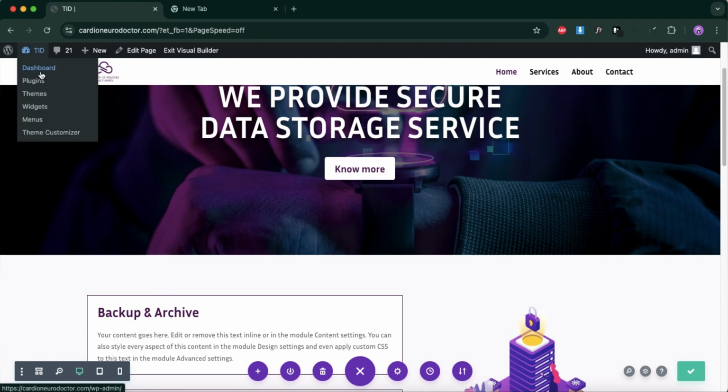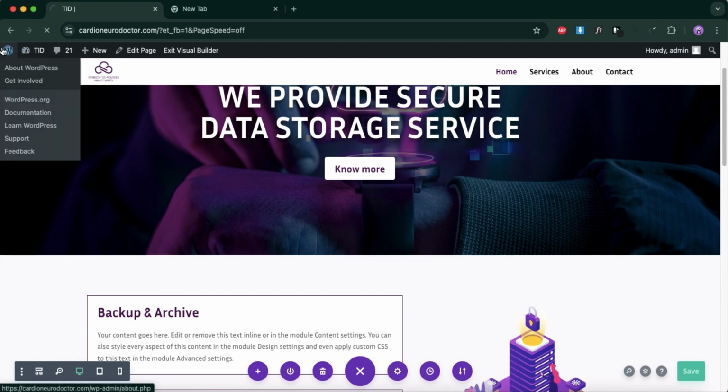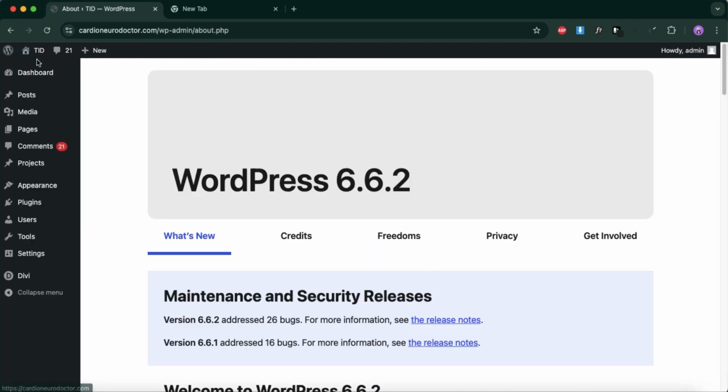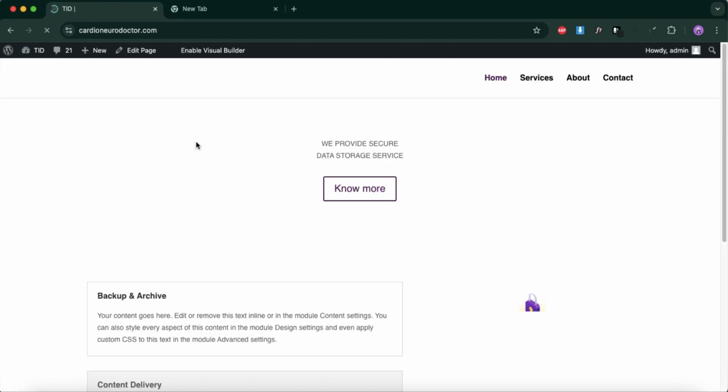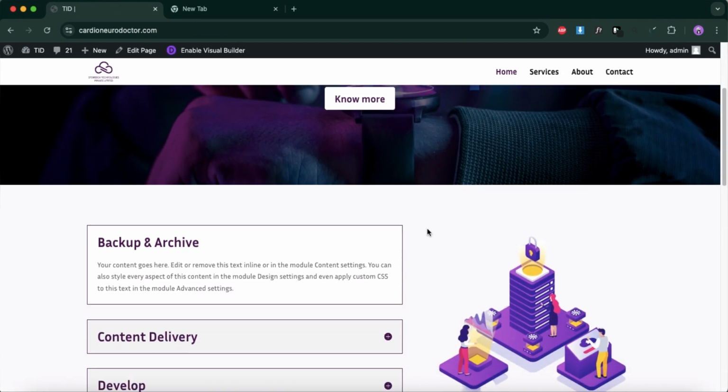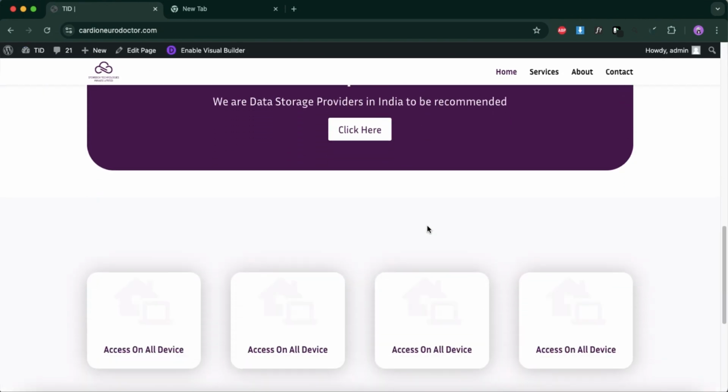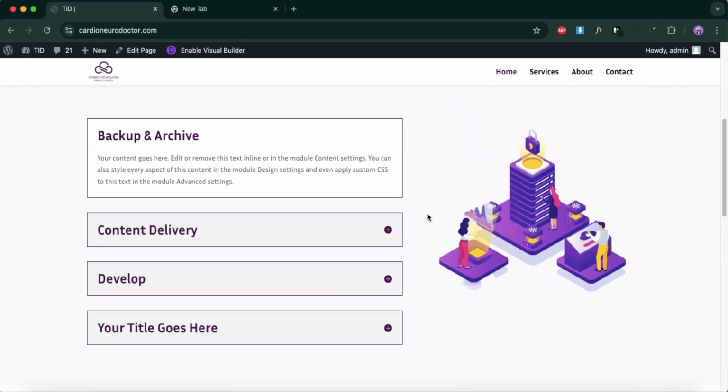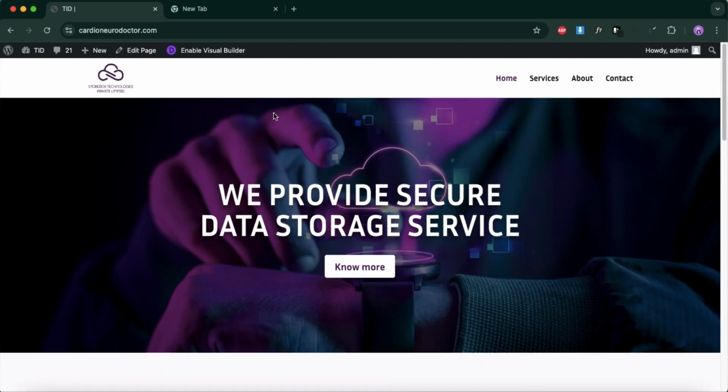Now this is a basic of WordPress. How you can make the design, you can change the content after that. This is our sections that we have made in WordPress and